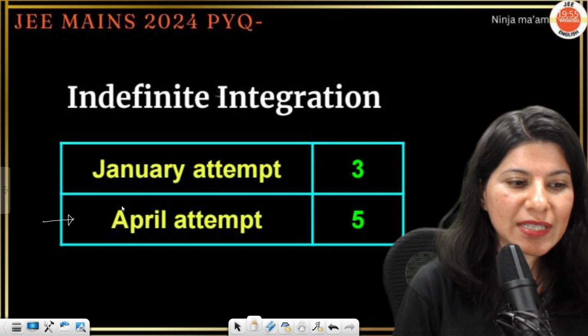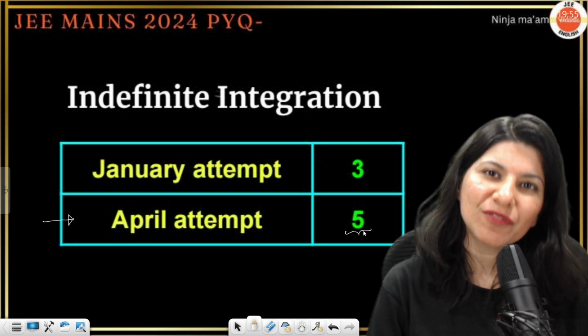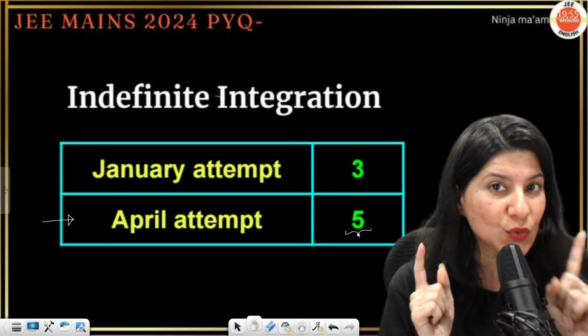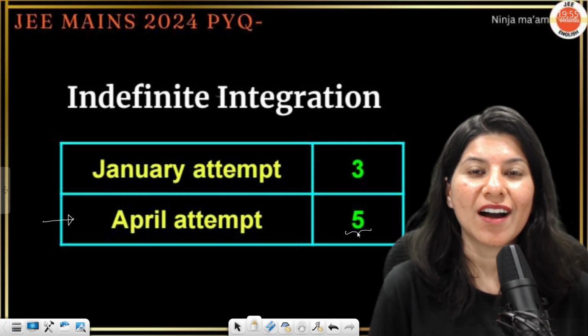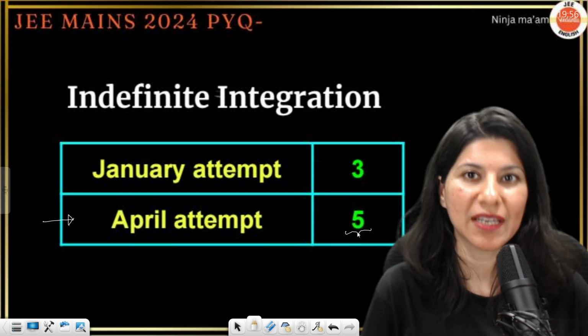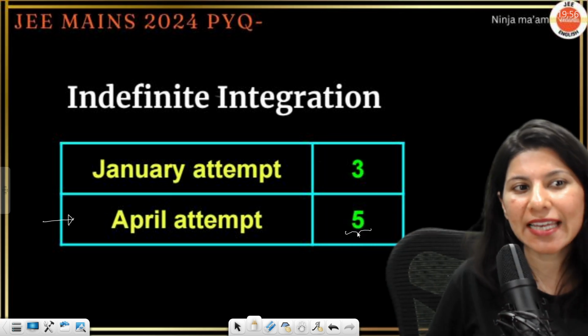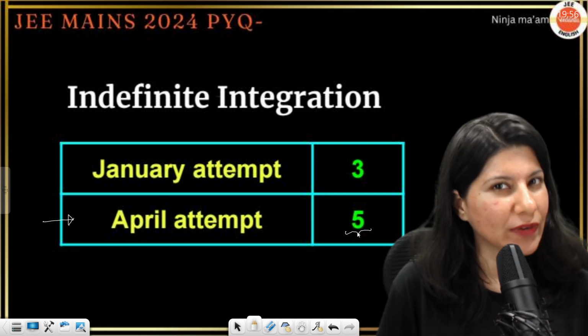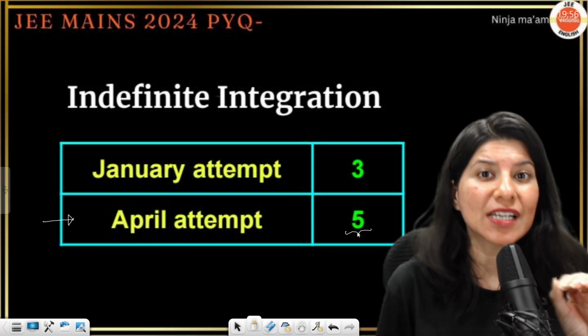So, in the April attempt, you can see indefinite integration had 5 questions. What does that mean? There are 50% chances that you are going to get a single question from indefinite integration in your upcoming JEE Main. Yes, it is a low weighted chapter, but just understand